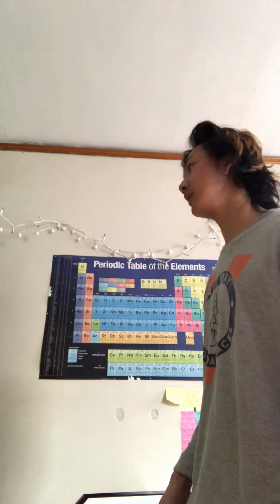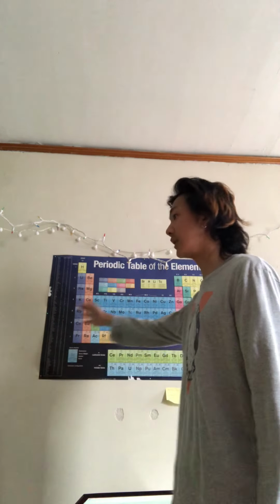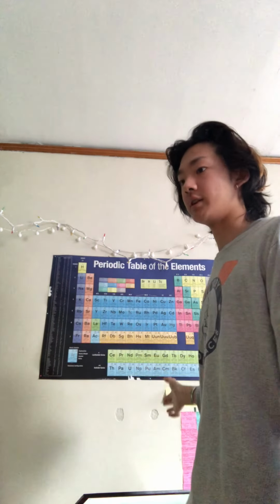So the electron affinity will actually increase as you go across the periodic table as the atomic radius decreases. So a smaller atomic radius suggests